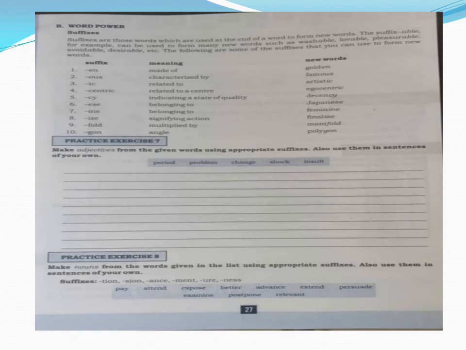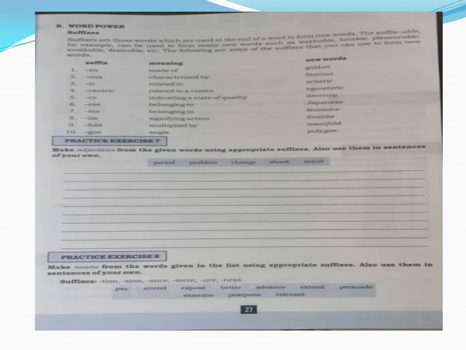See children, here suffix means what? Suffixes are those words which are used at the end of words to form new words. Okay, en, ous, ic, ical, ity, cy, ese. These are all suffixes we are using at the end of a word,